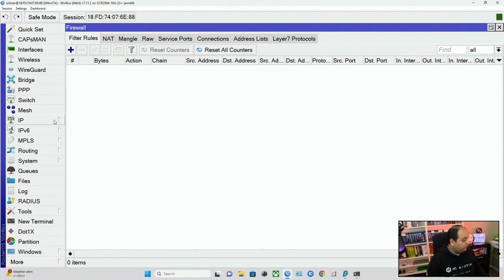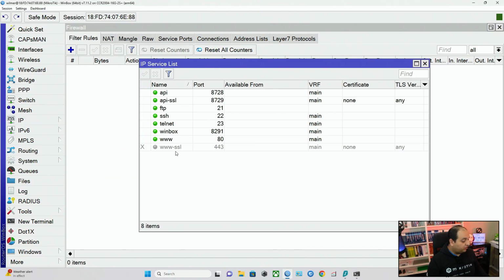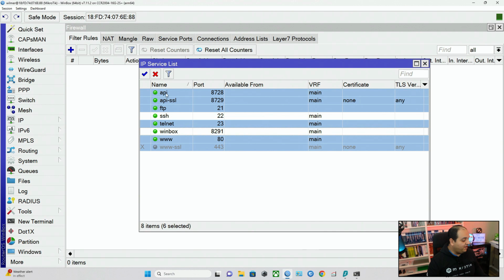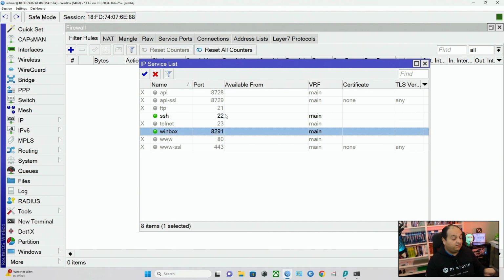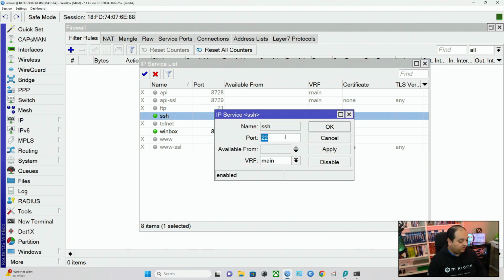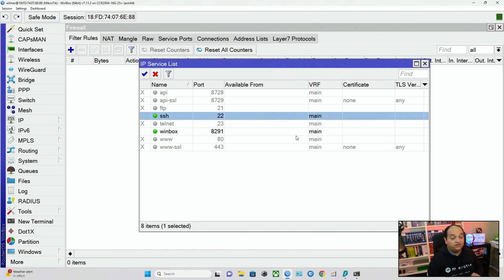So if I come here to IP services, those are all the services that are open by default in RouterOS. Let's say that I'm only interested in some of those services. Probably I will be using only Winbox and SSH. So what I'm going to do is disable all the remaining services. A good practice is to change those default port numbers as well. I will keep the default value now, but a good practice is to set different values than the standard